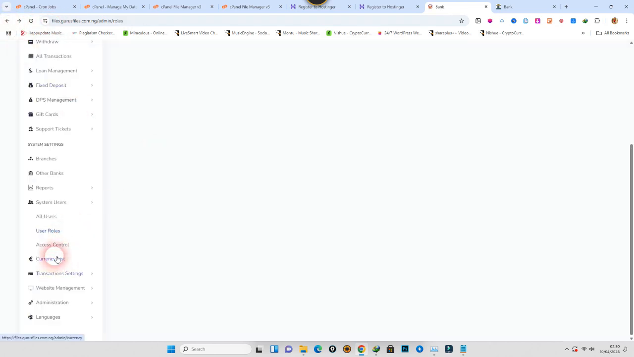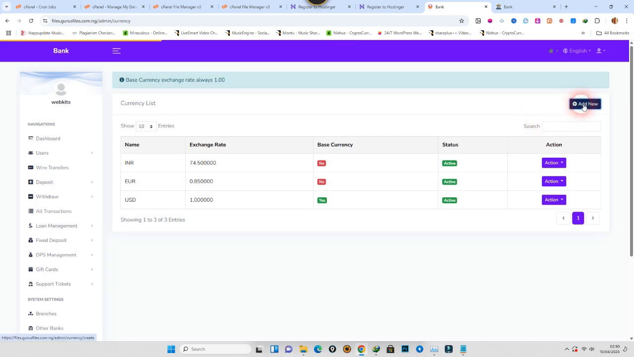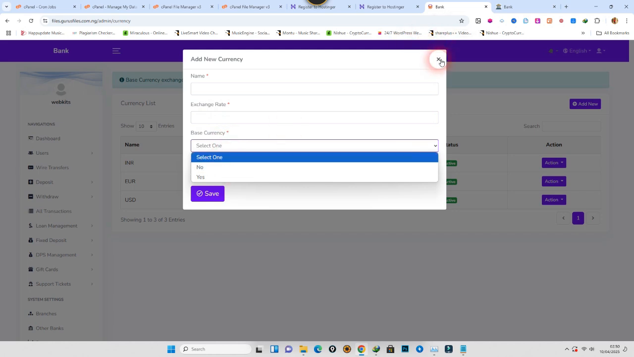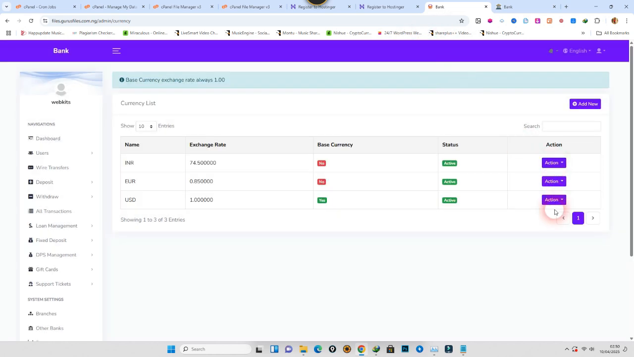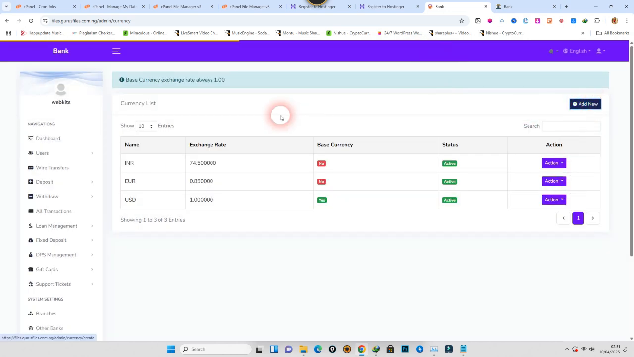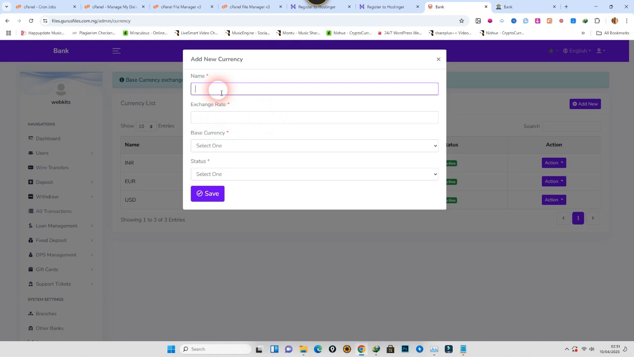This is the access control, the currency list. You can add a currency list here. Just like if you see now, this dollar, you can see the rate. This is $1. Yes, it is actually. So if you are adding naira, NGN, then the exchange rate is